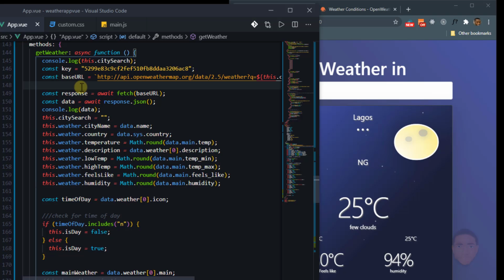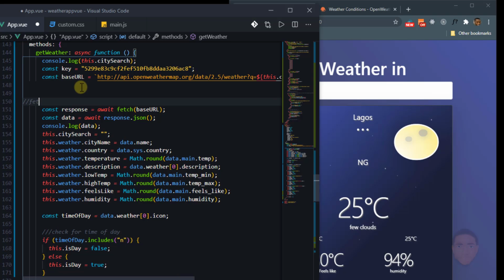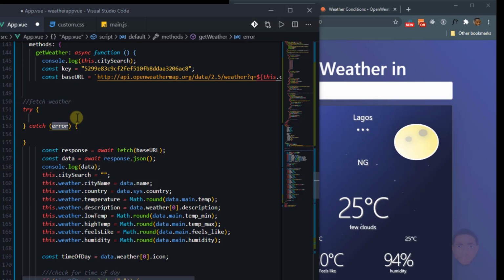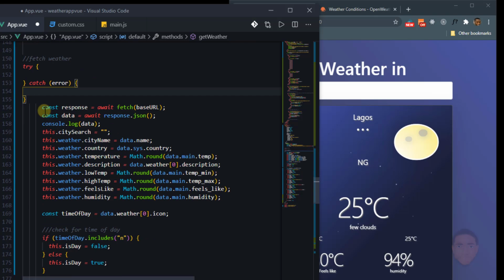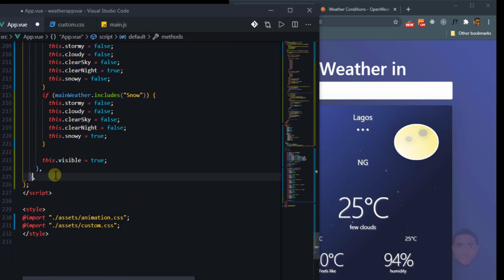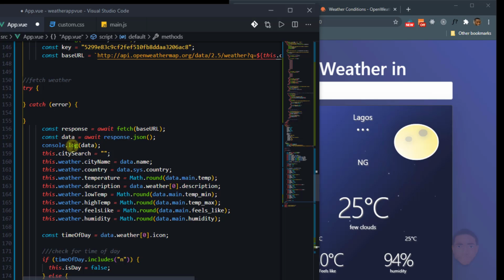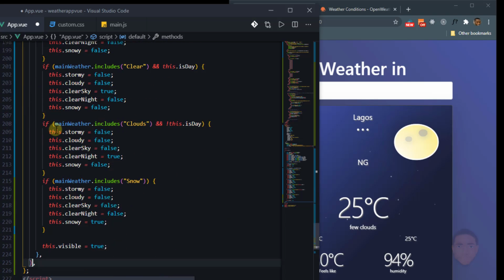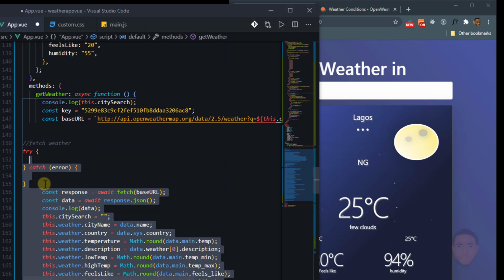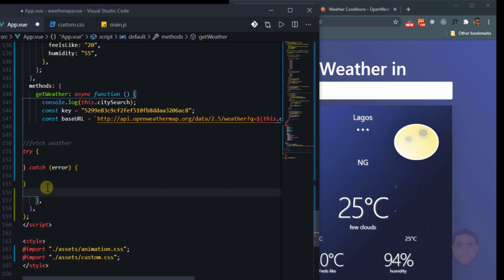So from this fetch, I'll say fetch weather, and I will do the try. Let's use this try and catch, and I'm going to take all of this. Let's see, where does it stop? Okay, so I'm taking all of this. I'll cut all of this,